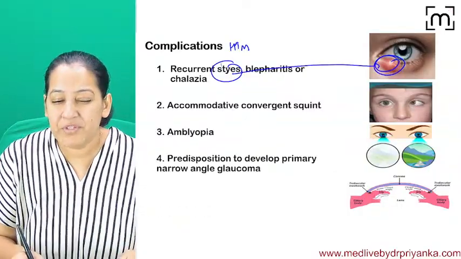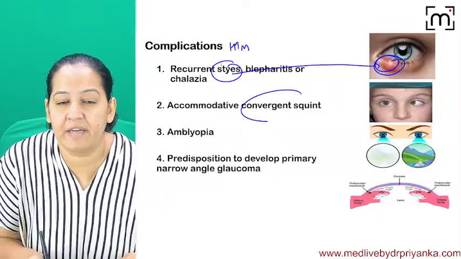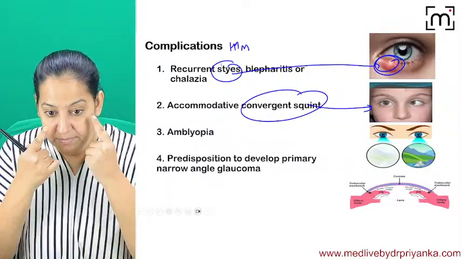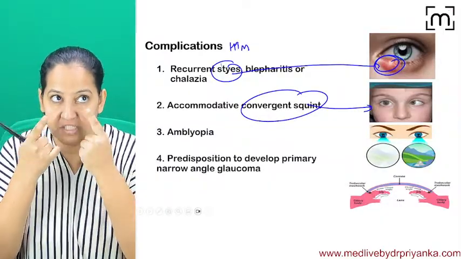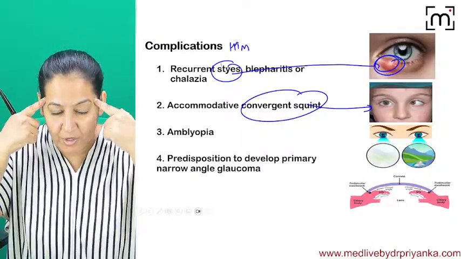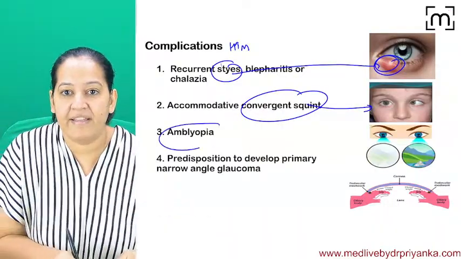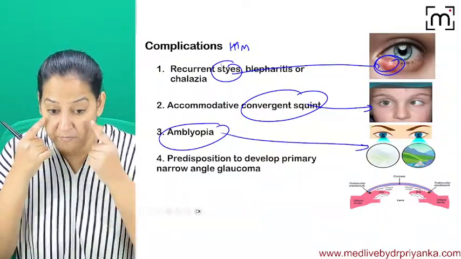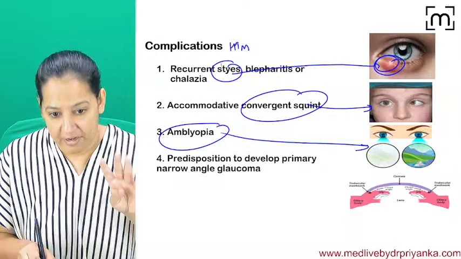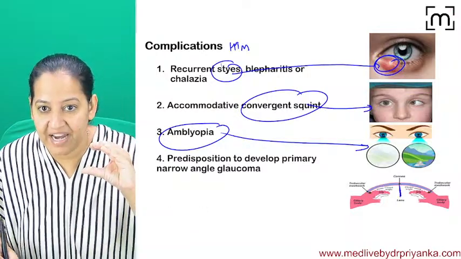Number two, because of constant accommodation effort, there can be convergent squint. Number three, sometimes there is bilateral hypermetropia and the difference between the two eyes is too high, so the brain cannot interpret the two eye images as one, and that leads to amblyopia, in case of bilateral high hypermetropia. And fourth, because the anterior chamber gets shallow,